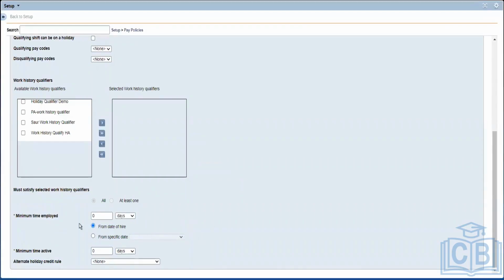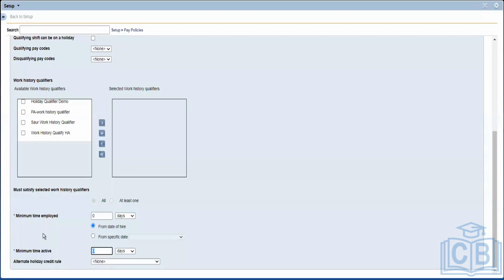So these conditions we can give, or it can be based on the time employed, or it can be based on the time he is active on the application. And time employed means some people might be employed, they might start this month, and after 2 months they might go on maternity leave and then they will come back after 1 year. So 6 months or 7 months. In that case, this particular employee will not work because it will just see the hire date.